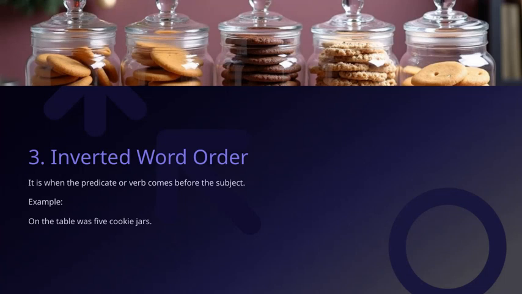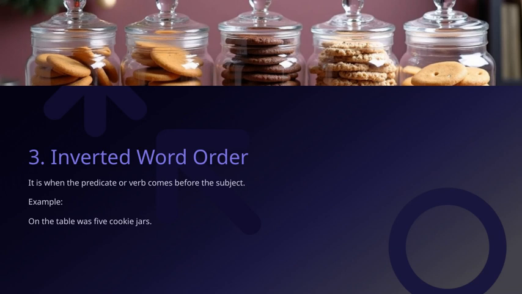All right, let's talk about inverted word order. This is a structure where the usual order of subject and predicate is flipped. Instead of the subject coming first, the verb or predicate comes before the subject. For example, you might say, "On the table was 5 cookie jars." Here, instead of saying, "There were 5 cookie jars on the table," the sentence starts with the location, emphasizing the